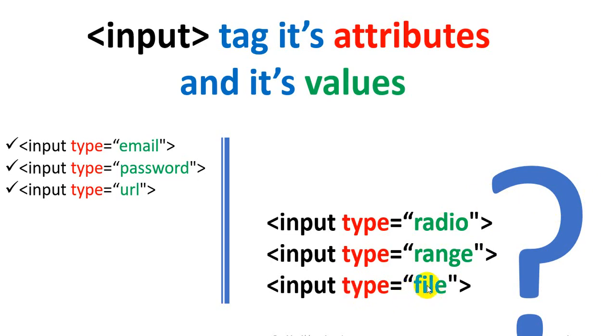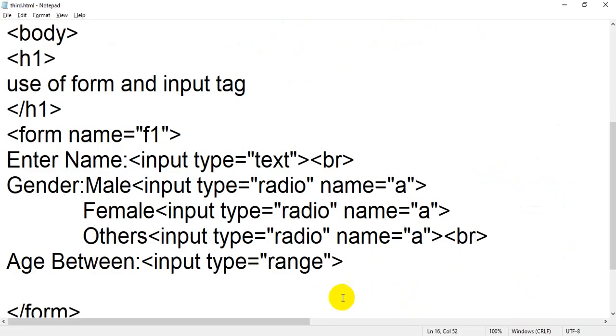The last topic of today's lecture is input type equal to file. And what is the use of input type equal to file? Suppose you want to upload your resume or your biodata or your image. In that case, you have to use input type equal to file. Okay, it's very important when you are going to create any web application. In that case, you have to upload a certain image or file. So this feature of HTML5 is very good, and how to use this we will see in this application. So I'm just going to add one more br, that is a new line, and I'm going to add upload file.